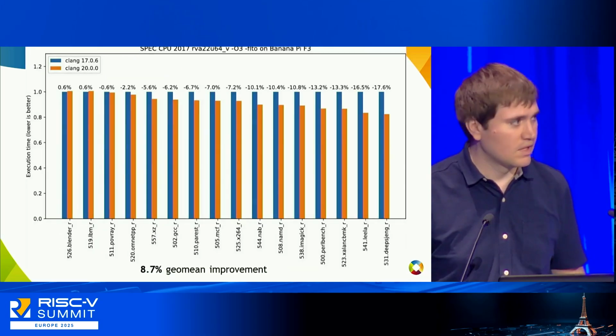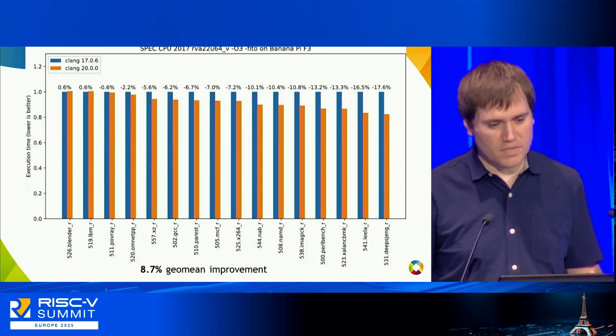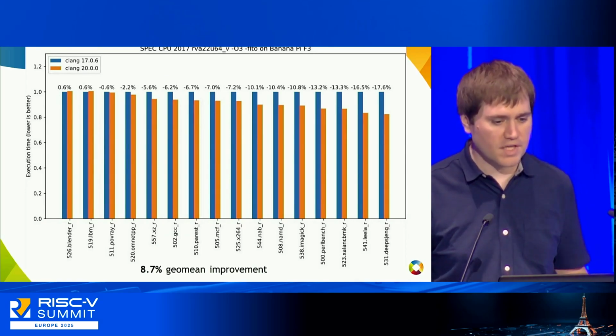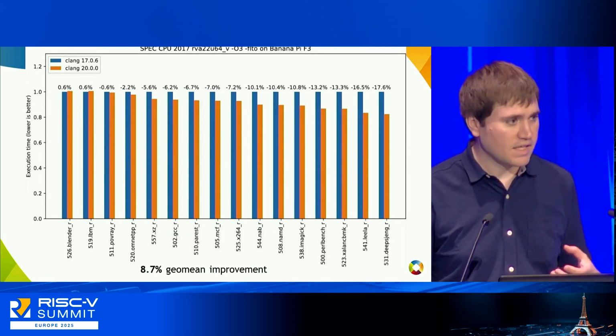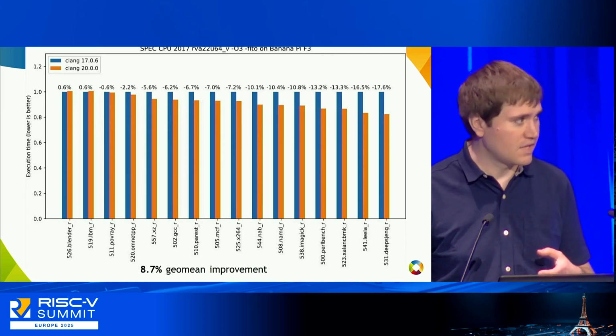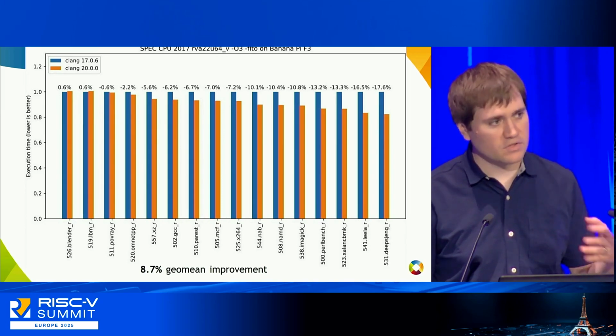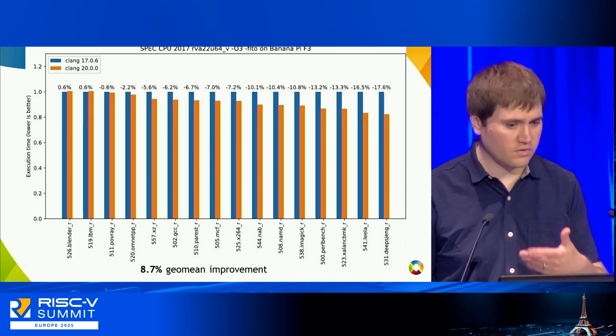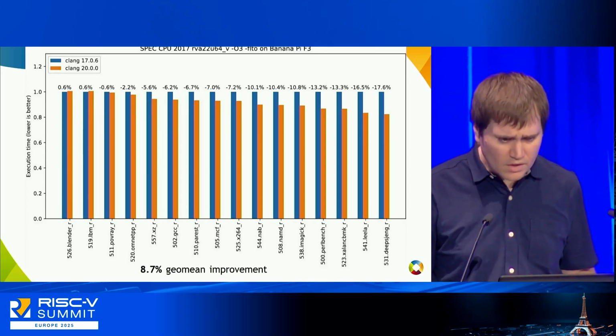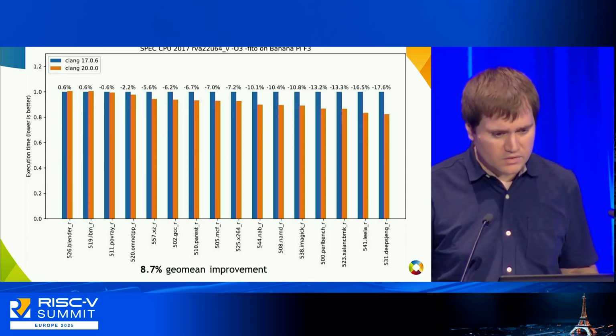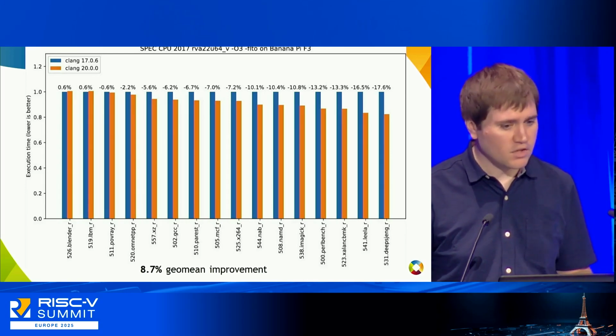And in terms of figures and numbers, this is what the improvement looks like over time. I'm looking at Clang as of a few months ago compared to Clang 18 months before, with SPEC benchmarks on the Banana Pi, so the SpacemiT X60. So there's about, I think it's 12 out of the 16 benchmarks have improved by 5% or more, about 7